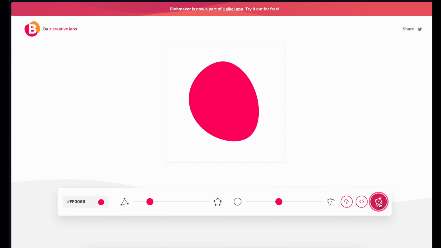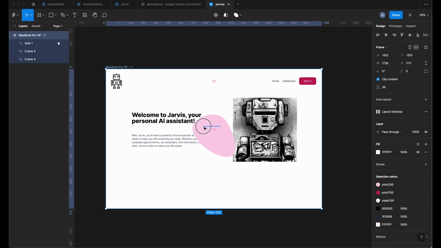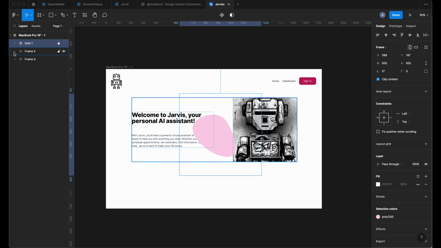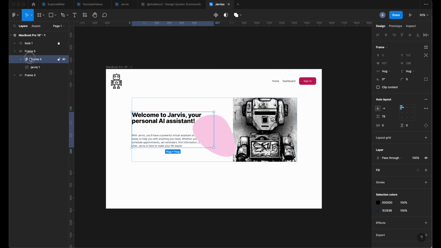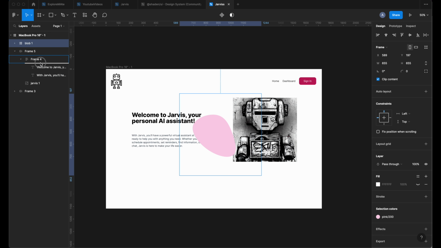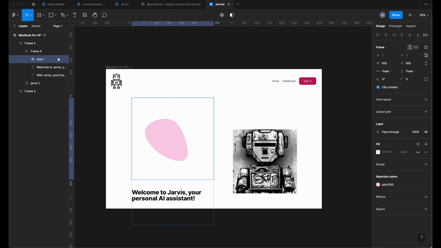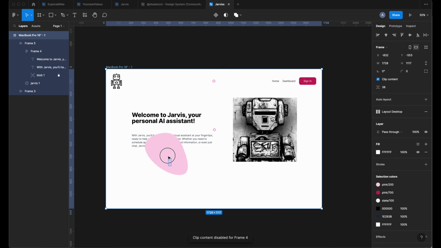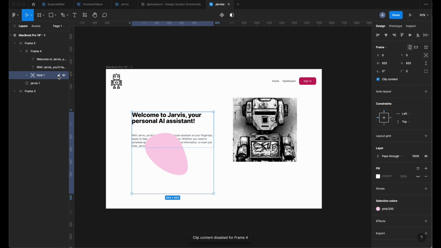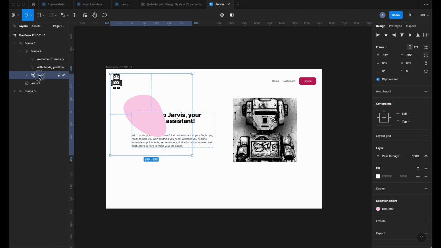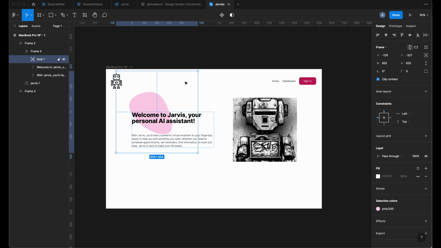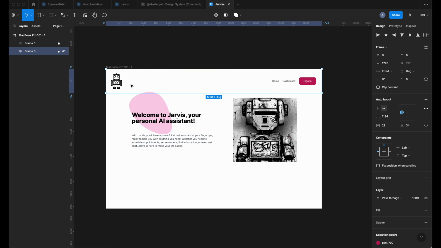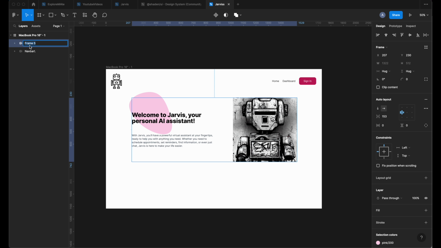Now we're going to use the SVG blob generator in order to create a cool looking blob that we can put in the hero section, so we give it a little bit more life because now it's looking a bit dull. We're gonna add it in the copy frame, in the copy layout. We're gonna position it absolute, and then we're just gonna place it wherever you feel like it's going to be a right match. I chose the top left corner and then moved the blob in order for the hierarchy to be less. Let's rename both frames into navbar and hero section,